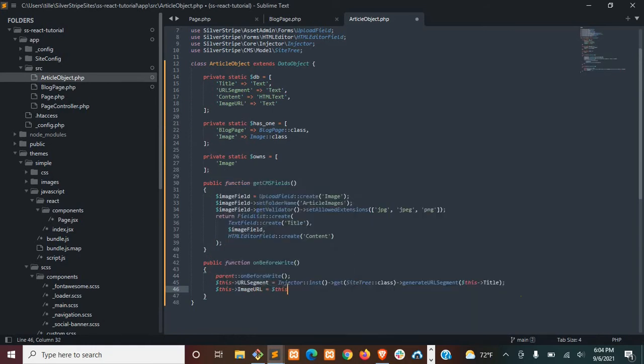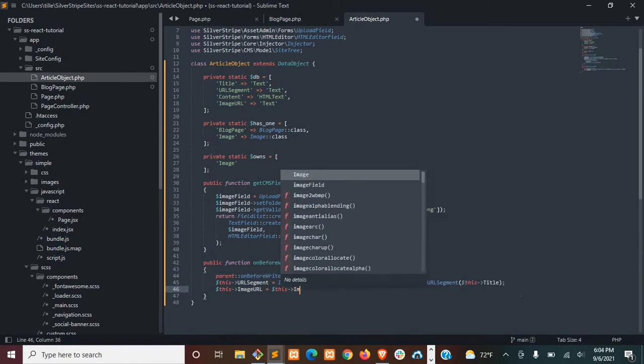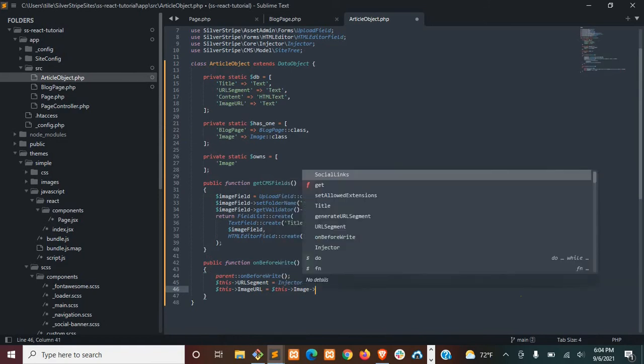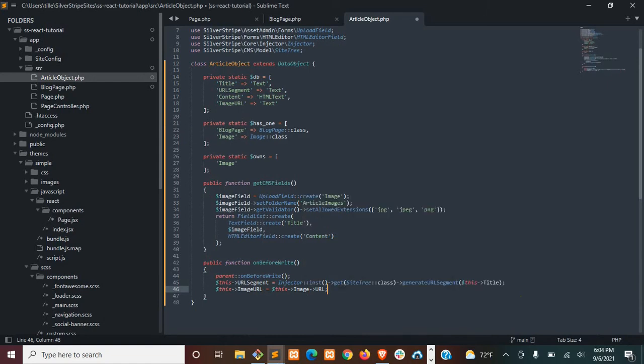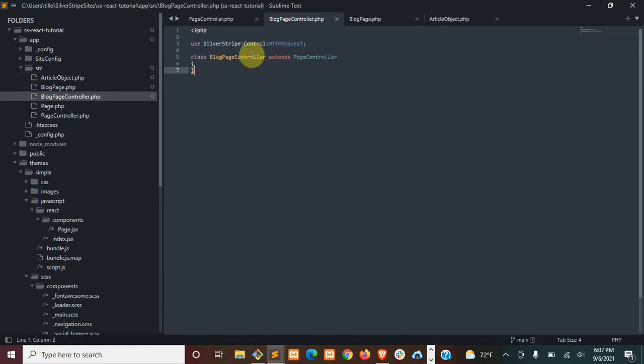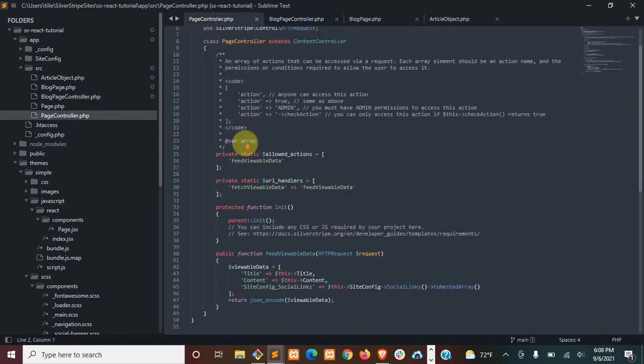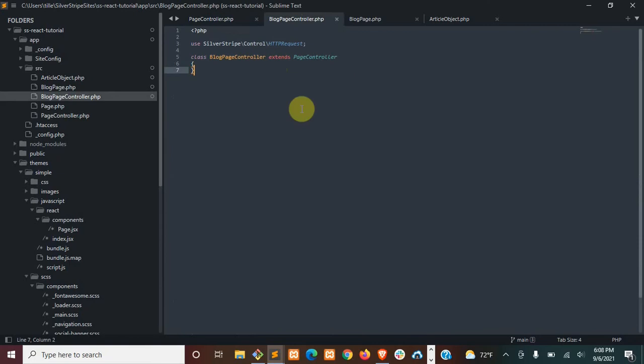Now, typically in a SilverStripe template, we wouldn't need to do something like this, but because we're using React, we want this as a simple string whenever we feed this as viewable data. So we will just say the image URL is equal to this image URL. Next, we will need to create a blog page controller, and it's going to be very similar to how we structured the page controller here, and we will feed viewable data, but we will also feed viewable data with articles